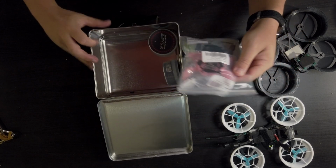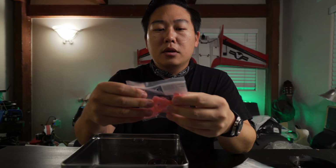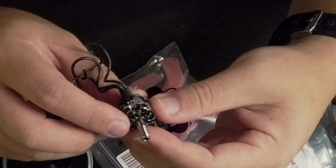So I've got new props here. These are the Gem Fan ducted props. This will be going on these motors. These are the Sing motors. These are 1408, 4100 kV. I think some people have noted this before, but with the GoPro or the Osmo Action on here,